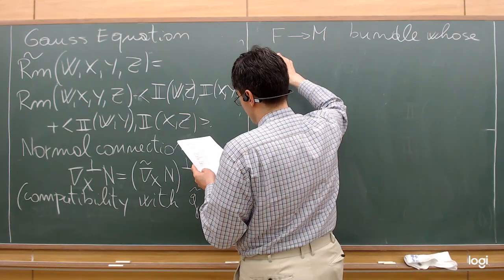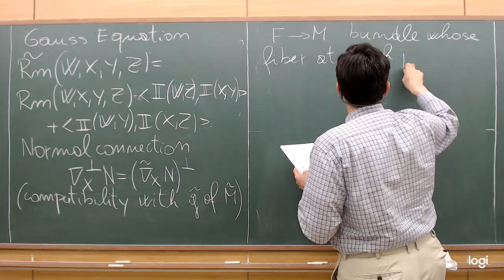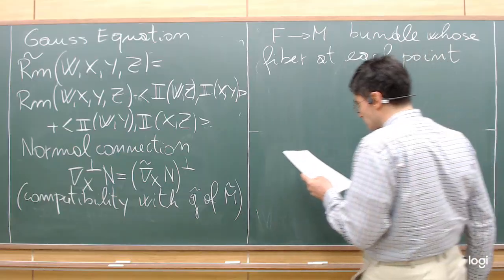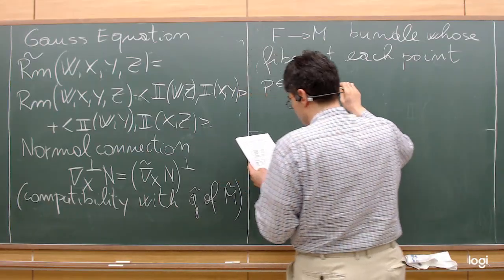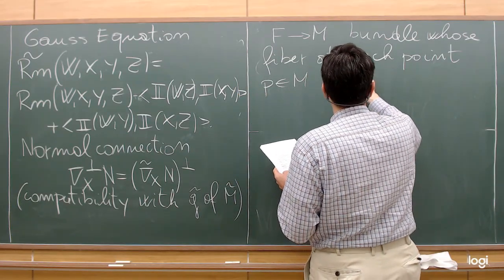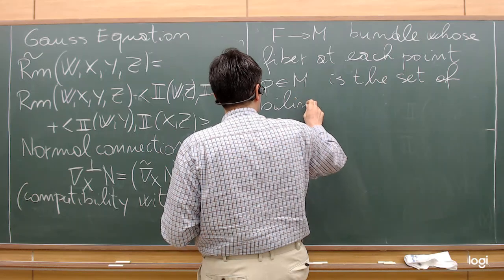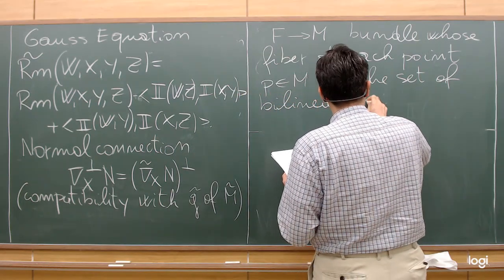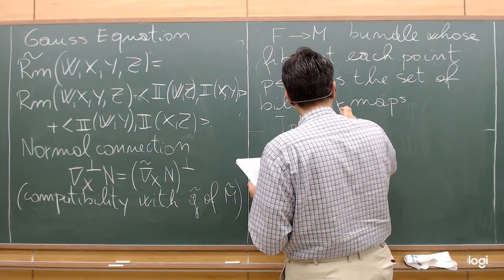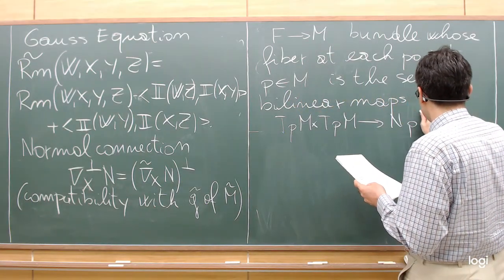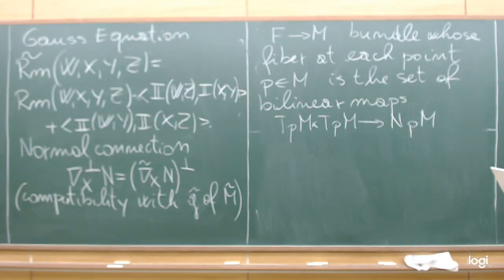The fiber at each point p of M is the set of bilinear maps from T_pM times T_pM into N_pM. You can prove as an exercise that